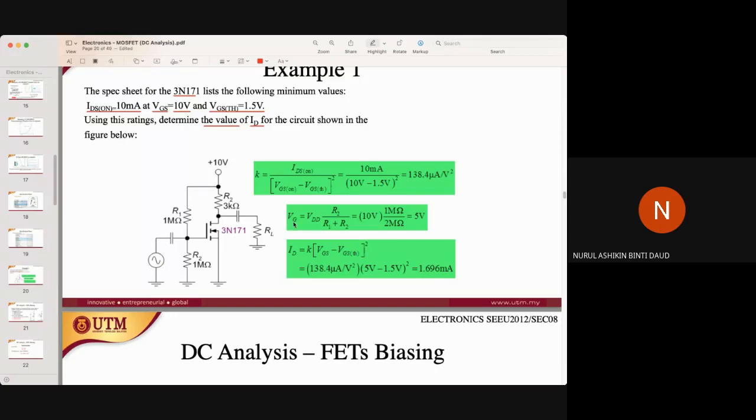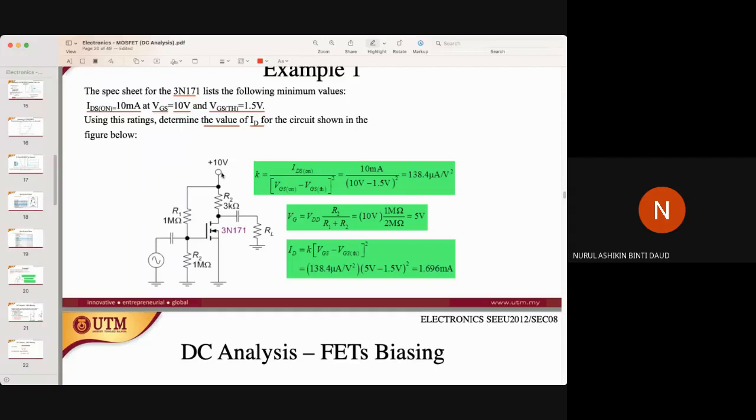So from here, you can find the value of VG. Where is the VG value? The VG value is the value at the gate here. So here is the gate, kan? Here is the gate, here is the drain, and here is the source. So the VG value is the potential voltage value at the gate here. So VG is equal to